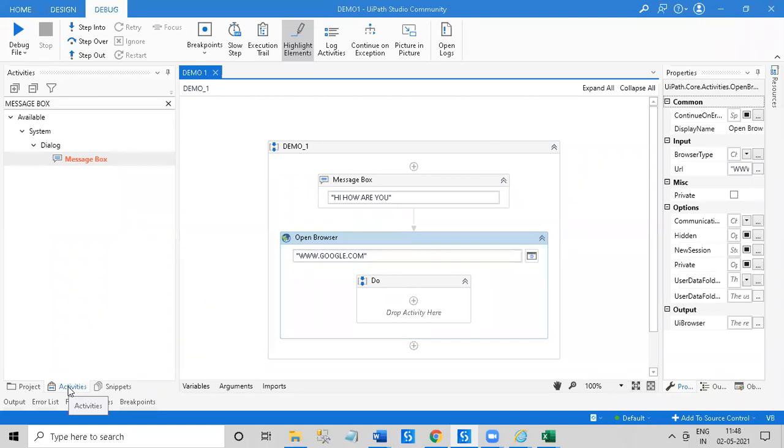Okay. If we talk about the life cycle of RPA, let's suppose we have to develop a process. There is a life cycle for the process. The first phase is the discovery phase. Let's suppose I have been assigned a process to be automated.